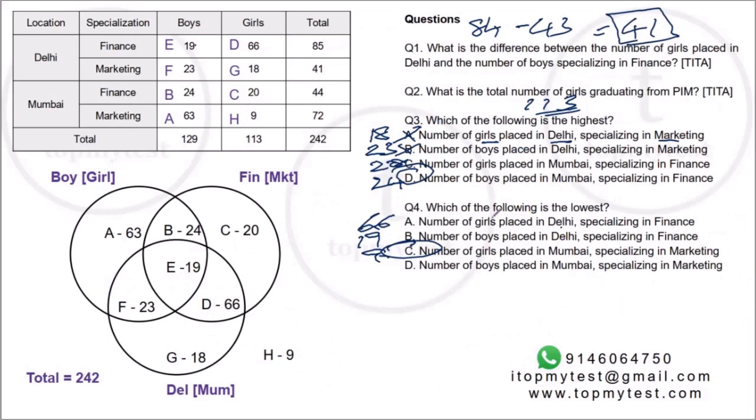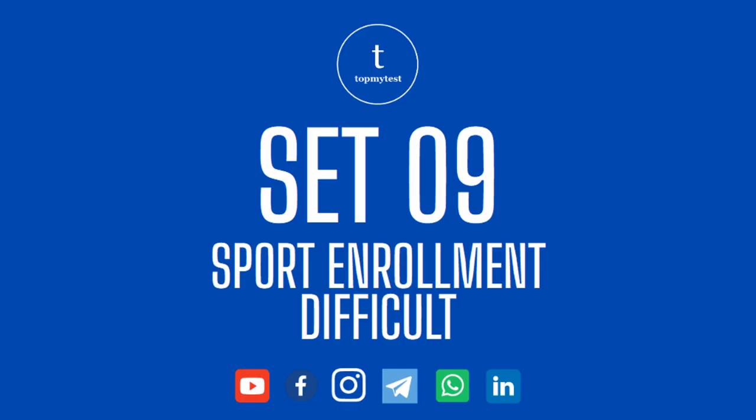I would suggest try this question again. It's a very nice question. In an exam situation, it can take you about 12 to 14 minutes as well. I would also suggest go and look at the CAT 2019 set, which is based on the same sort of concept, and try to compare which one was tougher, which one is easier. I believe this one is tougher.